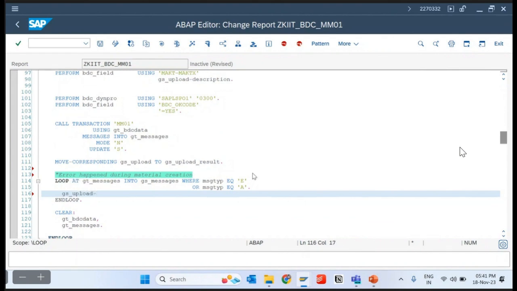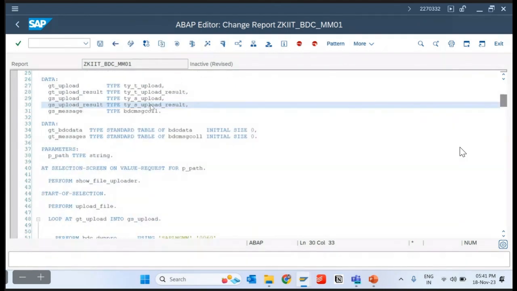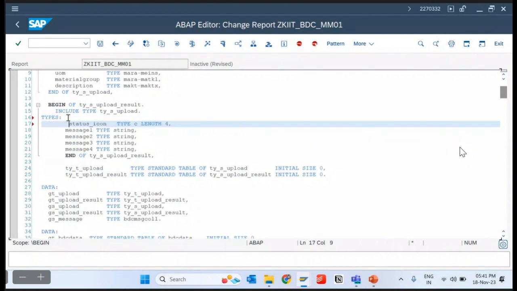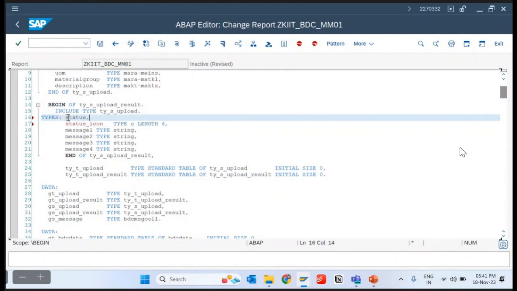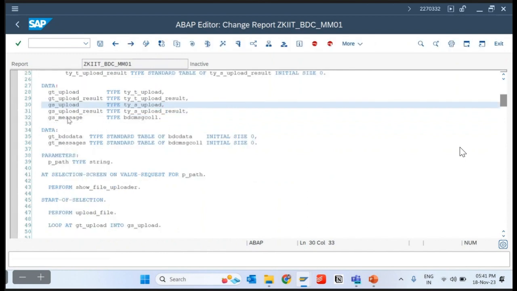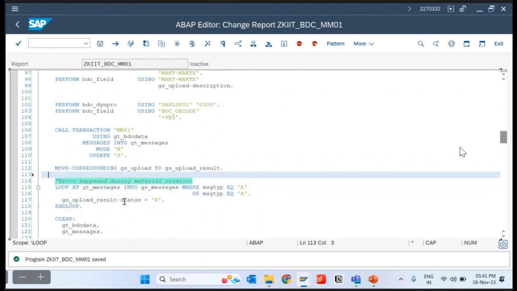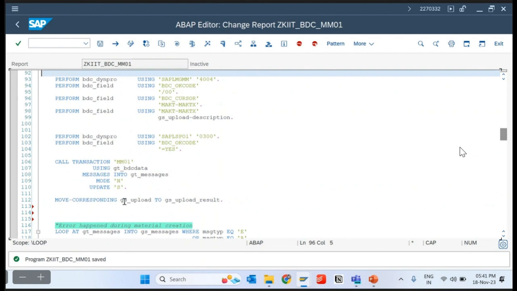Then GS upload result. Okay, so probably here status icon and here status, to build. So now if there is error, then status equal to error. Okay, and here